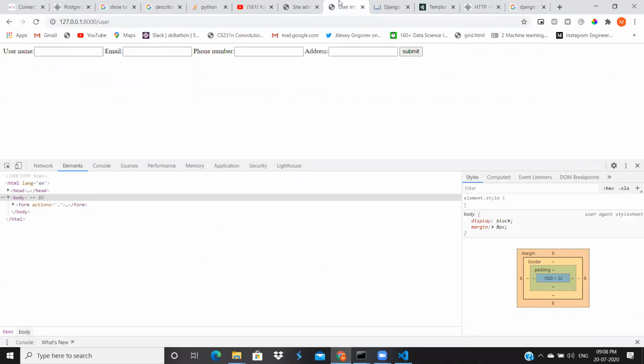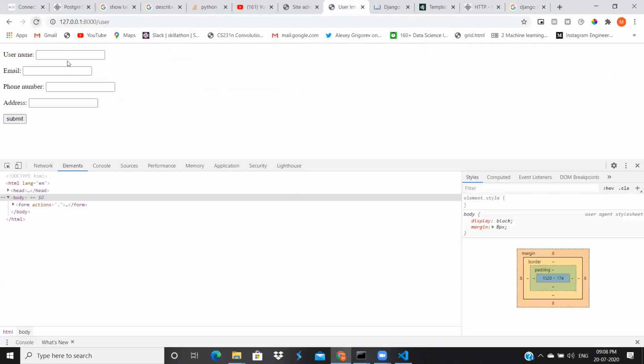Now we are going with paragraph. We need this form one by one. For that reason, I kept this. I got the submit button here. This will submit data to the server.